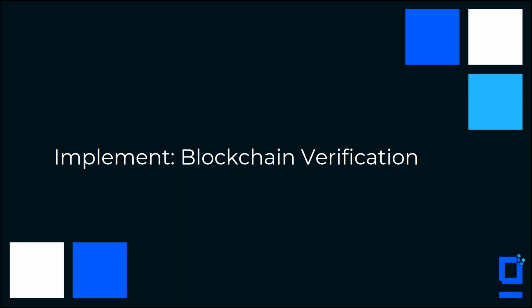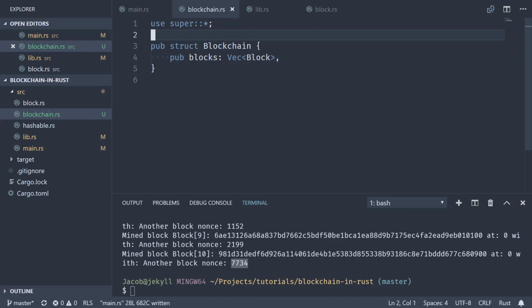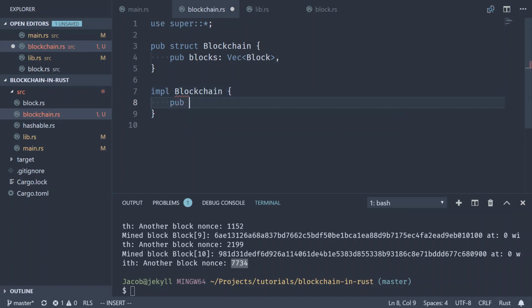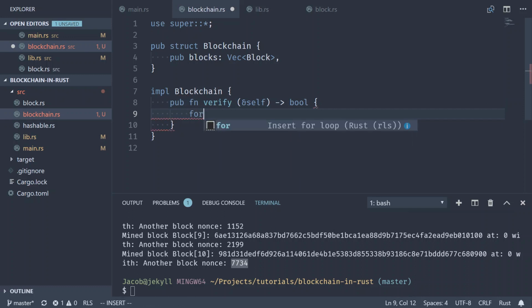All right, so let's implement that blockchain verification function. This is where things are going to get a little more interesting, because we have this blockchain struct that has nothing in it, but we'll add a function and that will be fun. So we'll write an implementation block for our blockchain, and we'll say public function verify. That will take self and it will return a boolean, and then we'll just loop through all of the blocks. For now we'll do something kind of a funky trick here. It looks like this: in